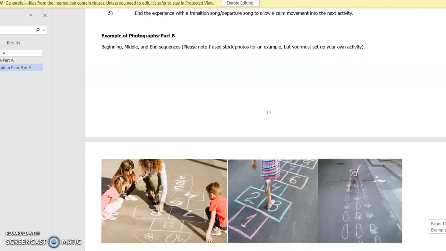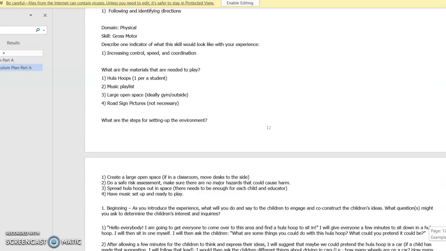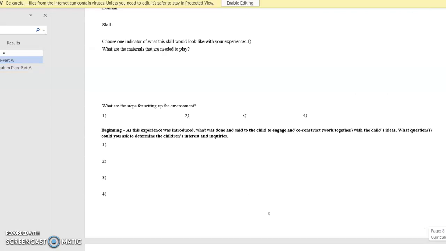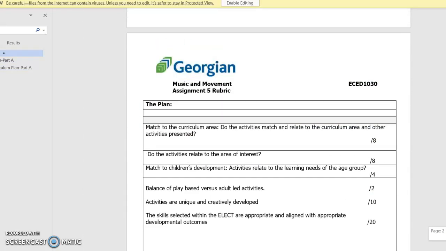I then included examples of photographs. So I have a beginning, middle, and end sequence. My photos are stock photos from the internet, but you are required to set up the activity on your own. But this is just an example of how this would look. If we scroll back up here,